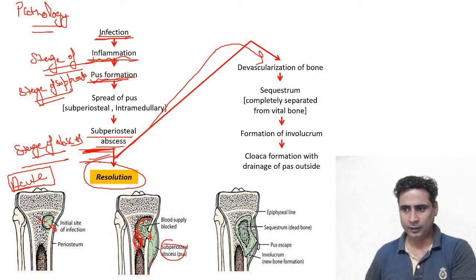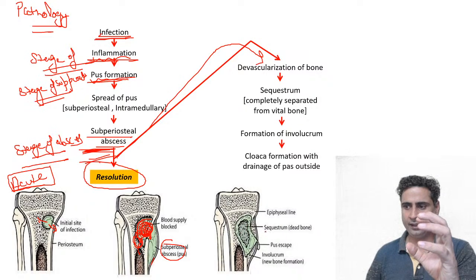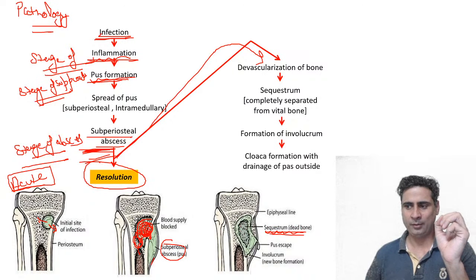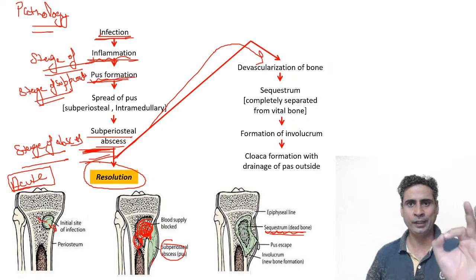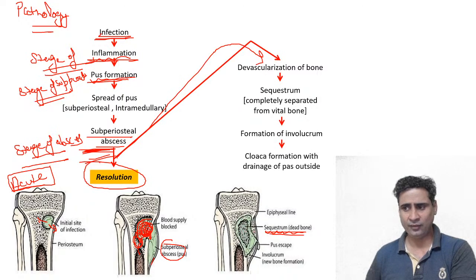So what will happen? This area of bone will have no blood supply, so it will be detached from vascularized bone. This will be dead necrotic bone known as sequestrum. Once sequestrum is formed, it is defined as chronic osteomyelitis. Now after formation of sequestrum, there is drainage of pus through a hole to outside the body. It is known as cloaca, and this is the hole in the new periosteal